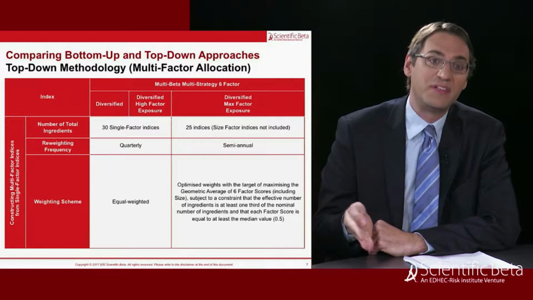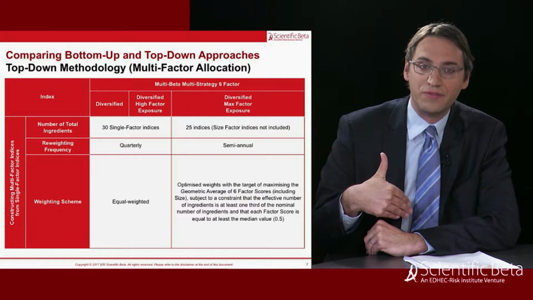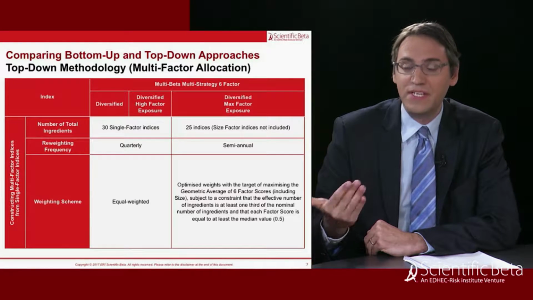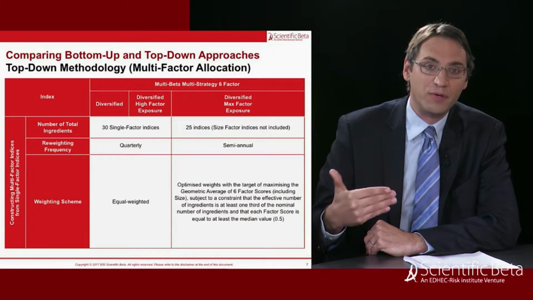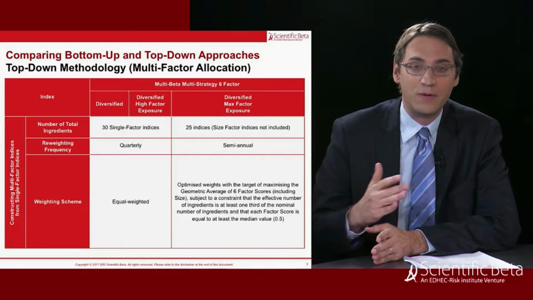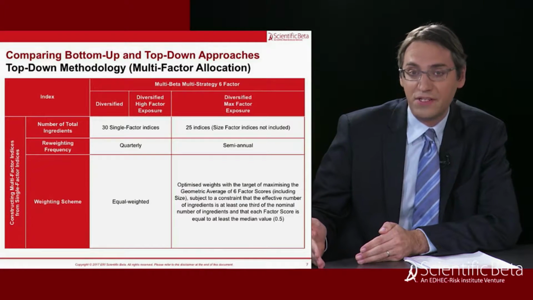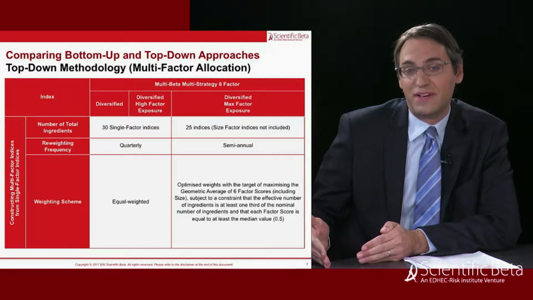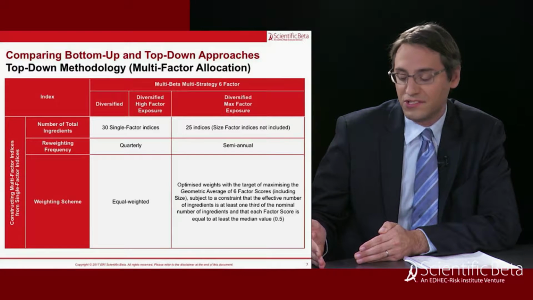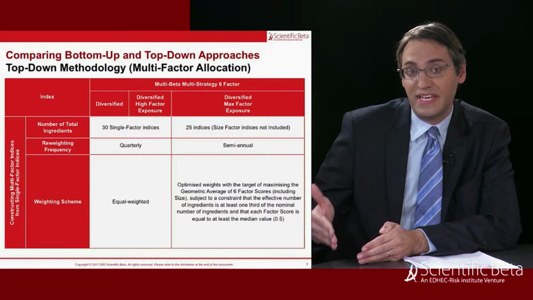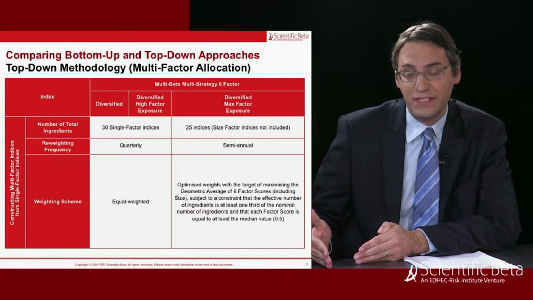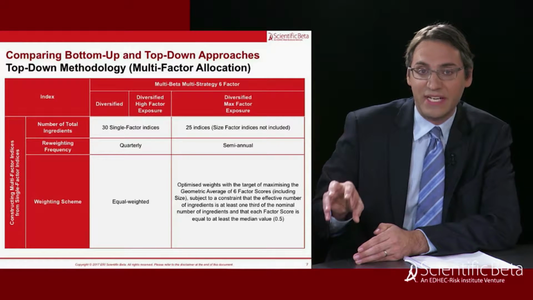In that first version, there is no high factor exposure filter. We then look at the same index, this time drawing on the components with a high factor exposure filter. Otherwise, the allocation method is the same. And then we're also looking at a third case. This is a diversified maximum factor exposure index. This draws again on the ingredients with a high factor exposure filter, but now this runs a dynamic allocation